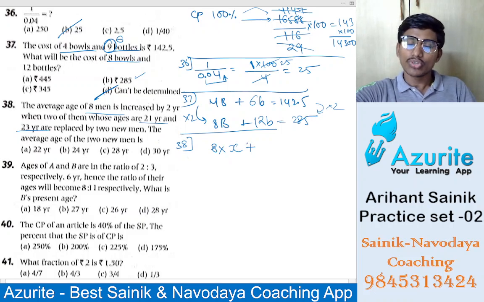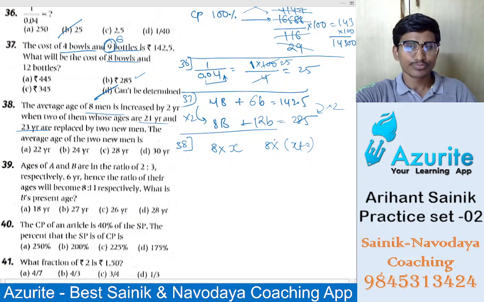So in that, 8 into the average becomes increased by 2 years. 2 years means x plus 2. So their average, if you take,